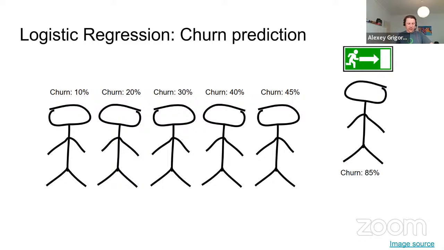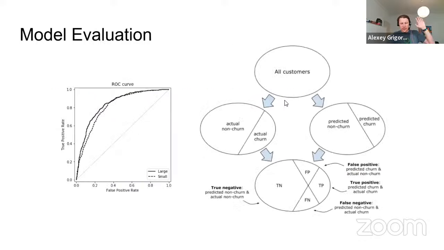An application of that would be, if we know that the user is going to leave, what we can do to try to stop them from leaving is maybe send them a discount and convince them to actually stay. Then we will continue using this example of churn prediction, a binary classification case, and we will see how to evaluate the quality of our model.